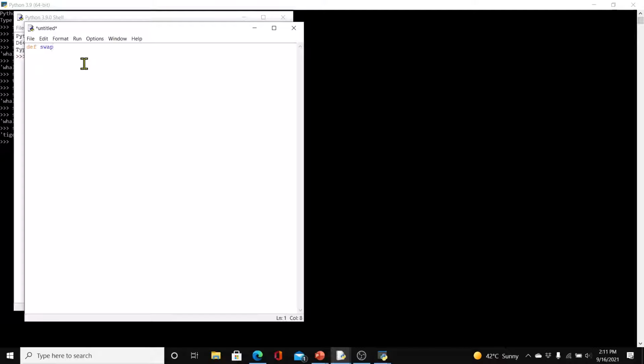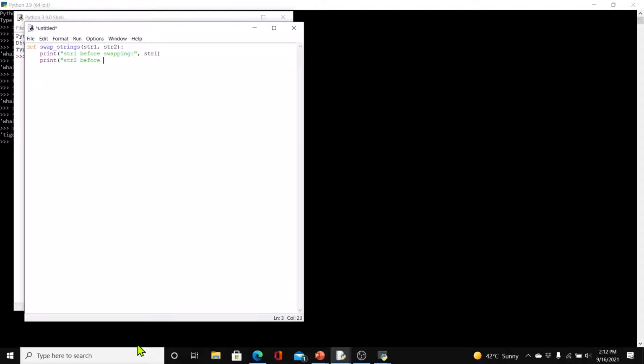Let's call it swap strings. Remember to give your functions meaningful names, and we're going to have those strings come in to the function, right? So these are the parameters to the function. And we can now use the same logic, but maybe we could include some print statements here. So print string 1 before swapping, right, comma string 1, and then similarly print